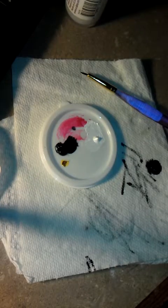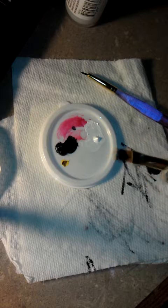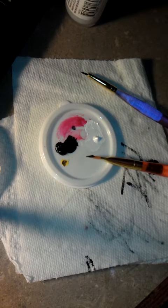Hey guys, time for the final part of the Bumblebee polymer clay pen. This is going to be the last portion of it, and this is probably going to be the last polymer clay I'm going to do for a while, when I get back to doing my mixes, my glitter mixes, and acrylic nails and stuff like that. So,